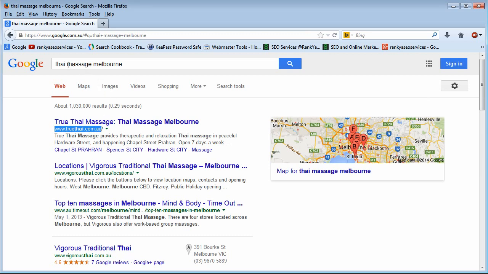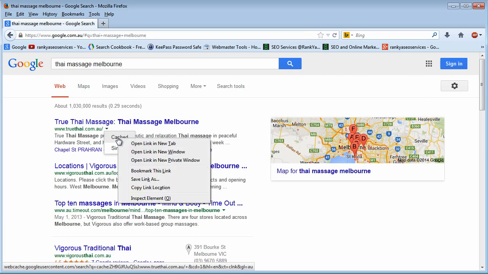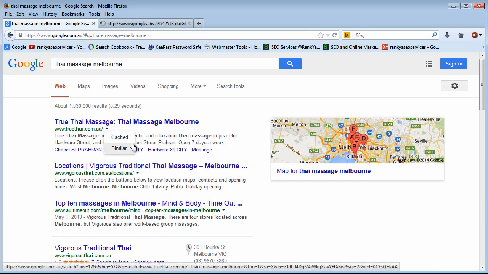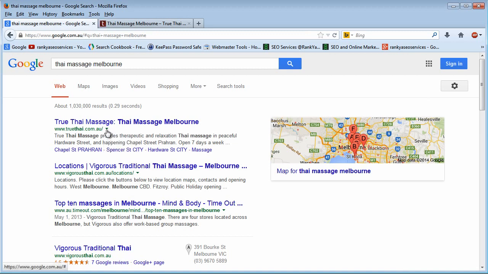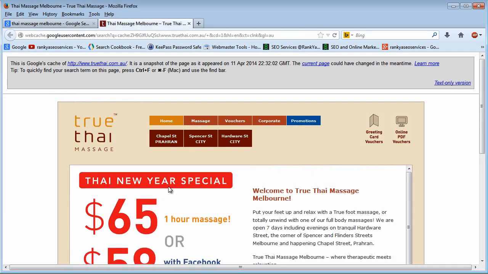Therefore, when you know who your competitors are, the first thing that I do is this. You see, you've got this little icon here. You can press on that and choose the cached option, right click, open in a new tab. So if you're using Internet Explorer, Chrome or Firefox, try to learn to open things in a new tab to be more efficient. Okay, so this is the cached version